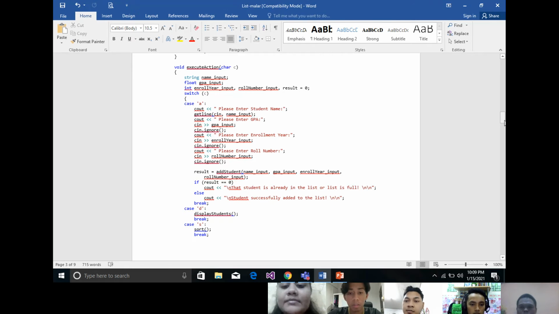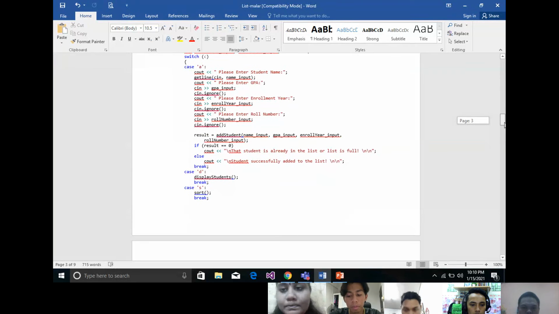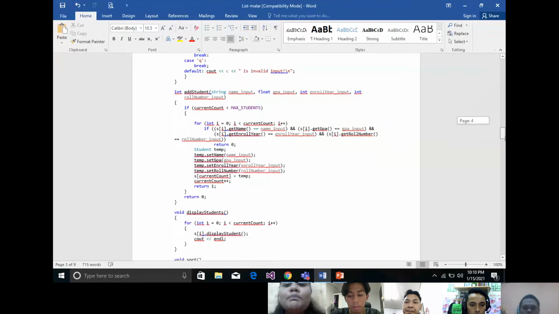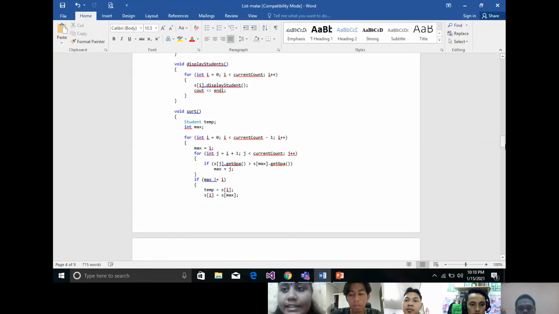We have to assume the user enters a GPA from 0.0 to 4.0. For display students, this function displays the list of students. We pass the object array and display the details of all the students in the array, so it will display details of all the students in a one-page view.